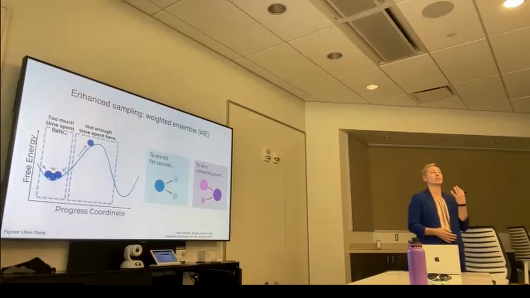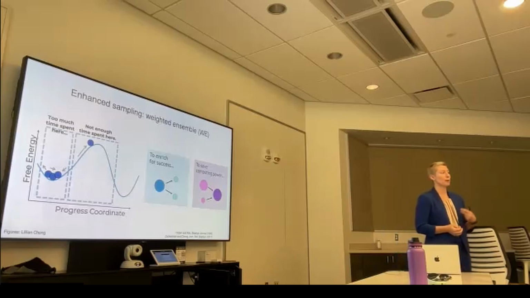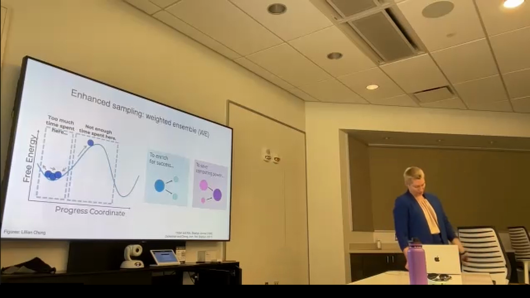So this is a way to focus your computational resources towards the pathway of interest through doing these splitting and merging and keeping track of the probability of bin crossing, but you're not modifying the force field at all. So you're still able to calculate things like rate constants once you get a converged simulation. So we decided to use this enhanced sampling technique,